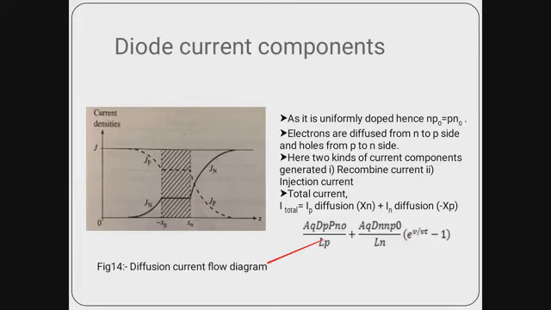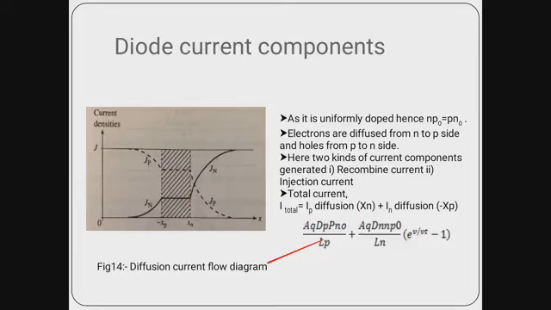So what is exactly happening over here? The whole current, the holes here, would be exactly equal to the electron current which is coming from negative to positive terminals. Both are equal because this is a uniformly doped material, a uniformly doped PN junction diode. So the number of holes flowing in at this point would be equal to the number of holes required to recombine with injected electrons, and to the number of holes injected into the depletion region.